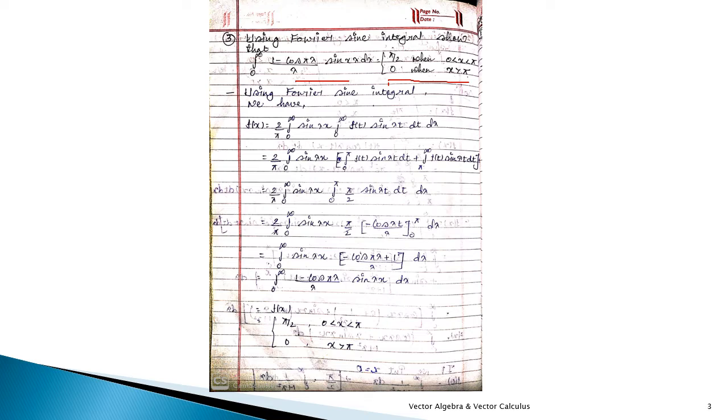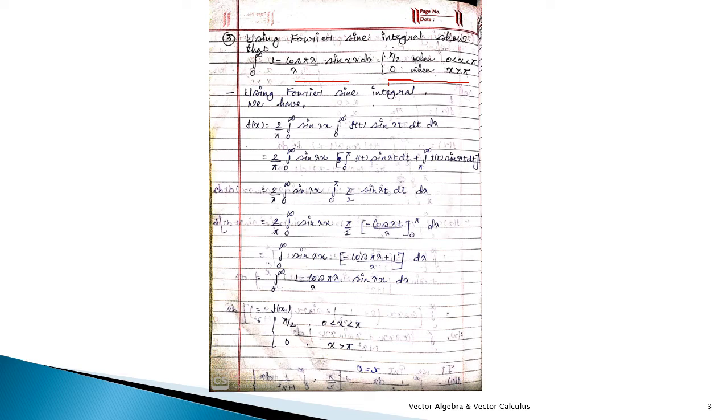So see the question. First you have to see which one is given and which one you are going to find, but here you have to show the term, that is this one. For that, first you have to see which one is your main step, that you have to observe in the equation what is given: Fourier integral, Fourier sine integral or Fourier cosine integral. So you can observe here it's given Fourier sine integral.